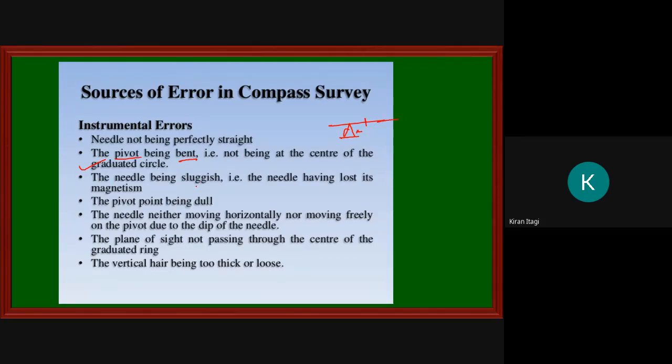Then the needle being sluggish, that is the needle having lost its magnetism. Means it is no longer a magnet, so gradually it has lost its magnetic power. It may cause some errors. The pointing being dull means